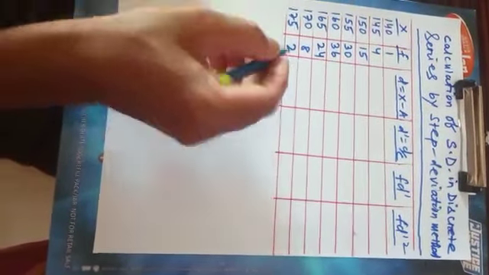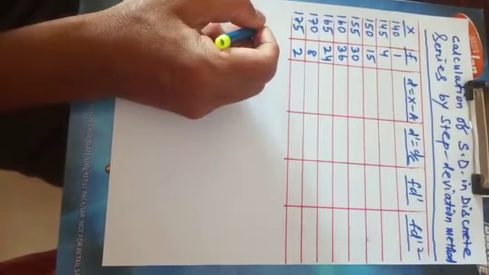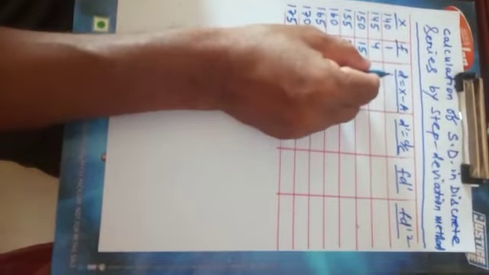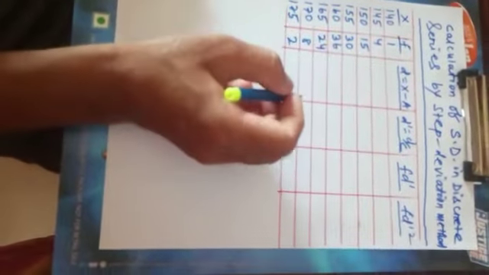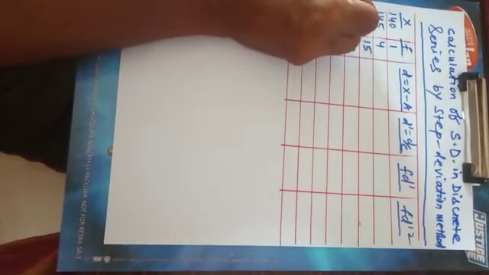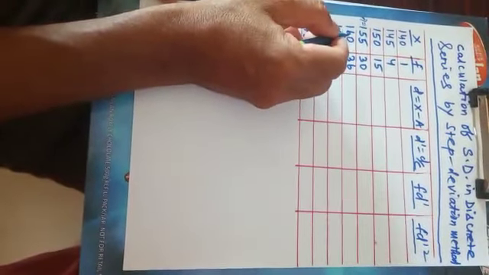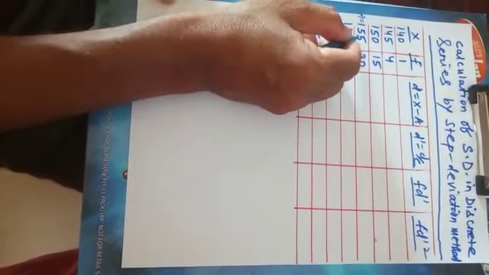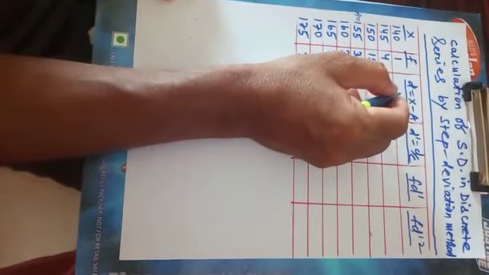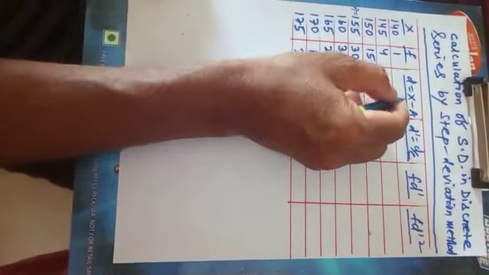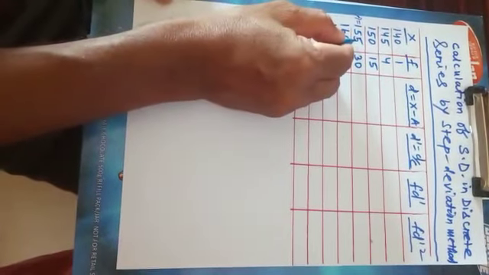So how to calculate? It is discrete series. So here first we have to find out the deviations, and deviations will be taken from assumed mean. So here we can take assumed mean 155. You can take 150 as the assumed mean, you can take 160, 165. But in this example, suppose we have taken 155 as the assumed mean, then we have to find out the deviations. So deviations will be taken from assumed mean, means 140 minus 155.